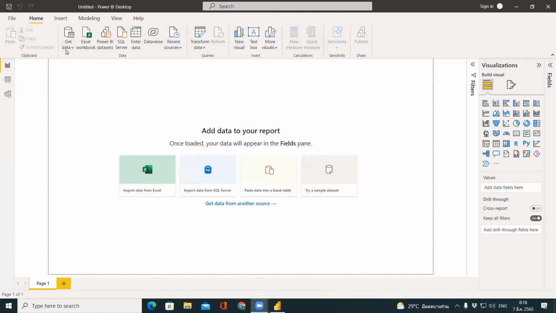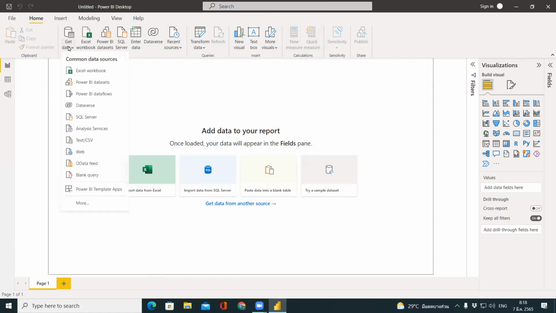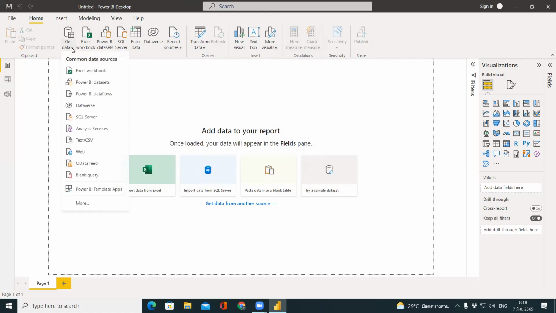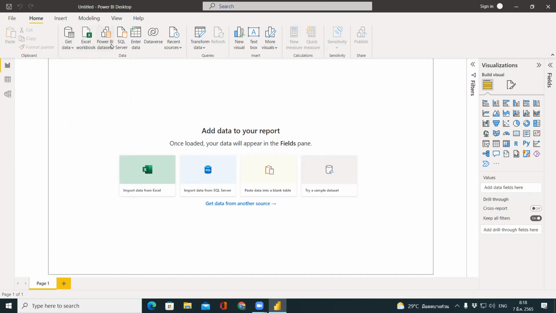You can see that in here we have get data as well, that you can get data from various sources. Or you have the shortcut instead of just choosing get data and Excel workbook. It just prepares for you Excel workbook, Power BI datasets, SQL Server, or enter data manually or Dataverse. Instead of just clicking on this button and then choosing from the list, you can just have the